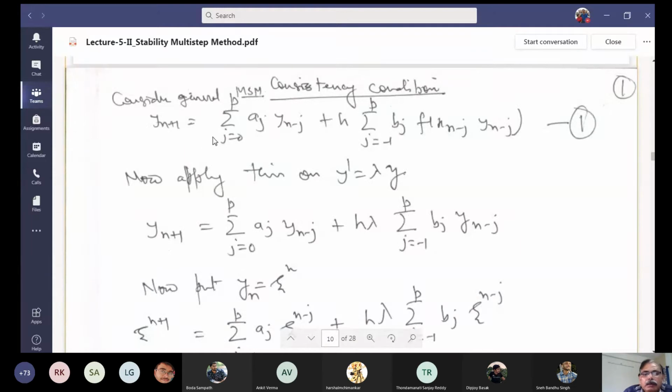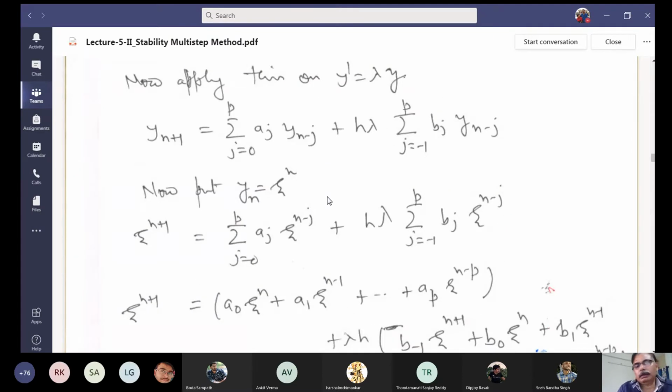Let us take a very general method. You understand this is the first part, this is your slope part, and then for the stability part you have to apply y prime equal to lambda y. So you write that y, so accordingly y prime will be y n minus j, lambda times f of x. Either you say f or you can say y prime of n minus j. That will be lambda times y of n minus j. So this will be replaced by lambda times y n minus j, and then we put